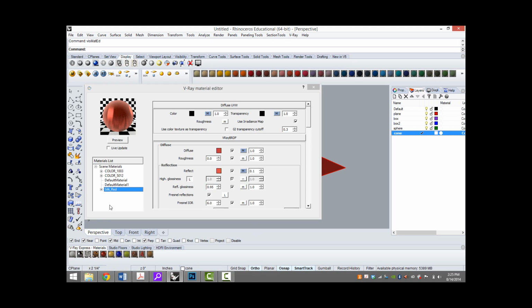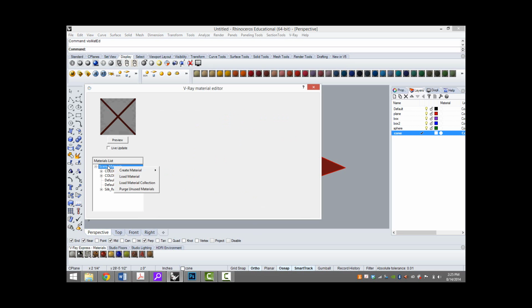Yeah. So if you go under material list, right now you're clicked on scene materials, and this is what your interface looks like, is that right? Okay. So if you right click, you can create a material and pull down to V-Ray material. That's typically what I choose. But you can also choose a two-sided material. It looks like there's a SketchUp material, and then a wrapper material. Okay, so once you create a scene material,